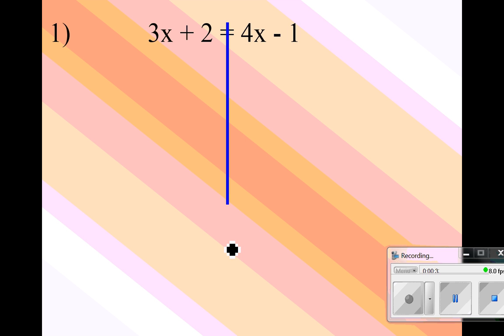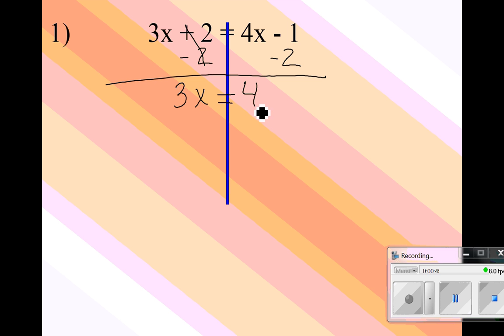I like to get rid of everything on the first side except for the variable, the coefficient of the variable. So I'm going to subtract 2, and that's what I start with every single time I solve a problem like this. And this cancels, so you have 3x equals 4x. If I did a t-chart, that would make 3, and it's negative since it's on the negative side, minus 3. So now I have one term on the first side, 2 on the second side, and now I have to